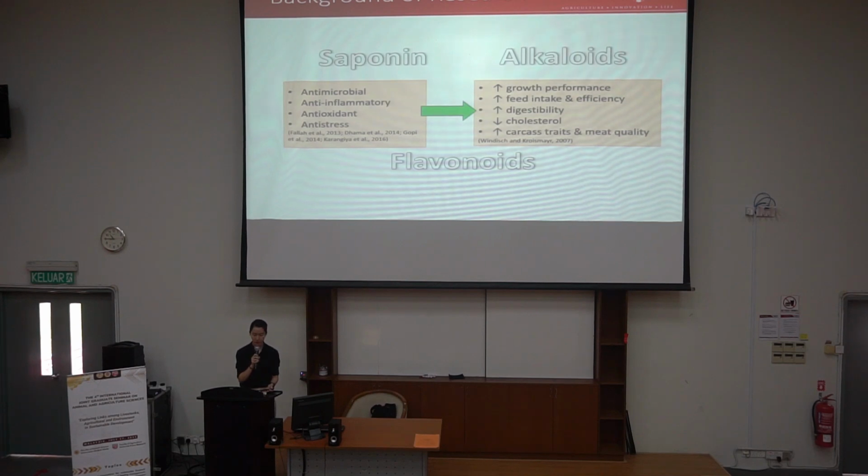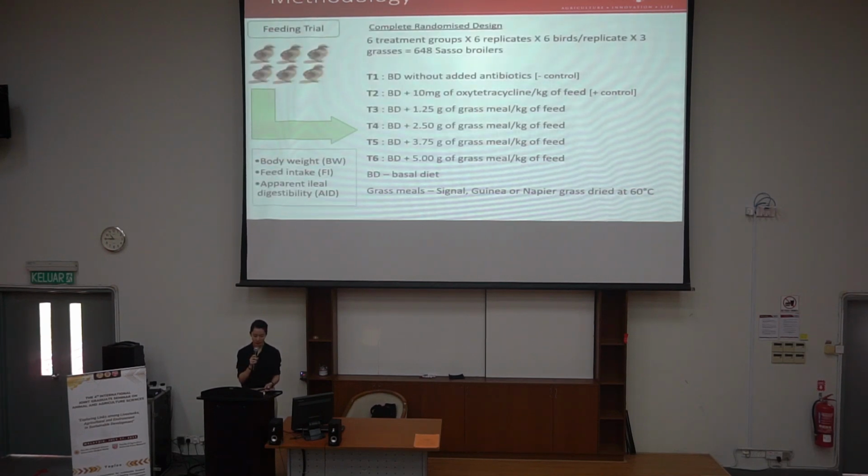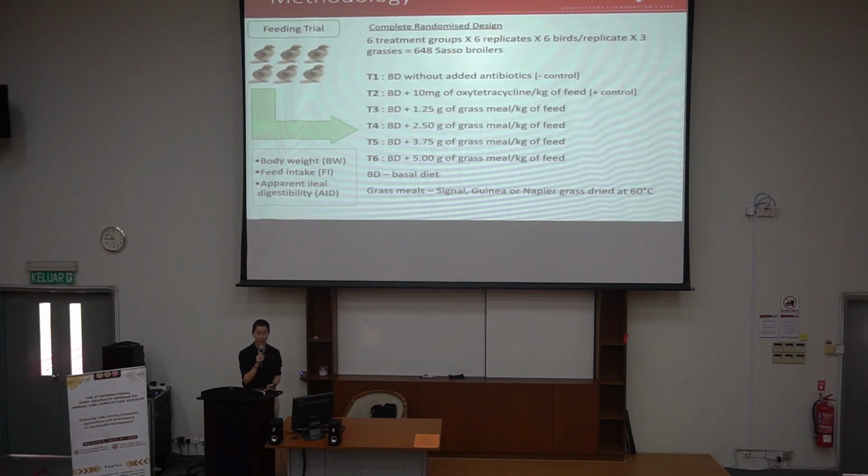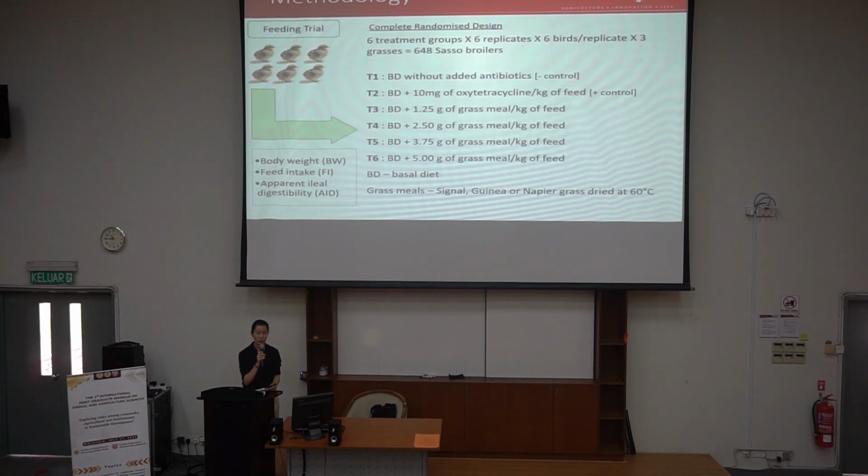Therefore, we conducted a feeding trial using a completely randomized design with 648 Sasso broilers, which are a type of coloured broiler breed in Malaysia, and the following treatments. Treatment 1 and treatment 2 serving as the negative